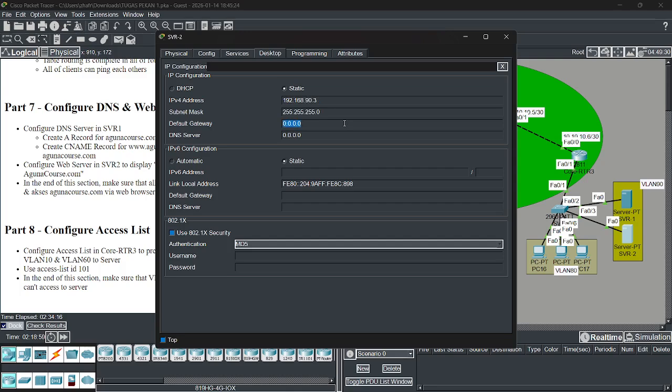And then the gateway is, okay, and then the DNS server. Okay.